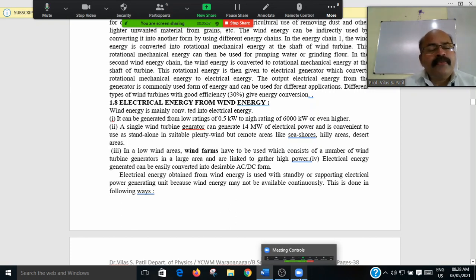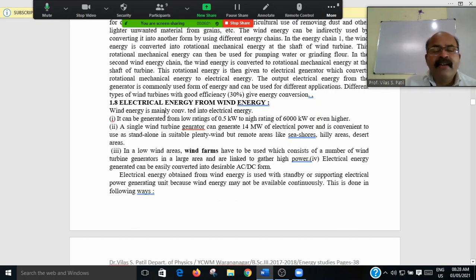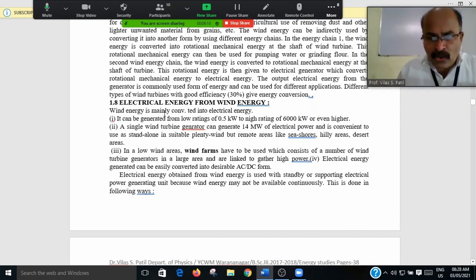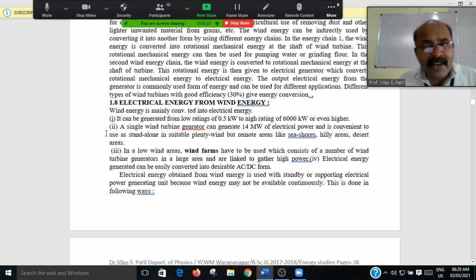Okay friends, the wind energy is mainly converted into electrical energy. We can't use wind energy directly for the purpose of mankind, but if the wind energy is converted into electrical energy, then we are able to use that energy. First, it can be generated from a low rating of 0.5 kilowatt to a high rating of about